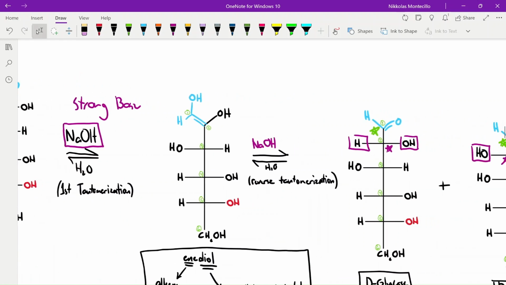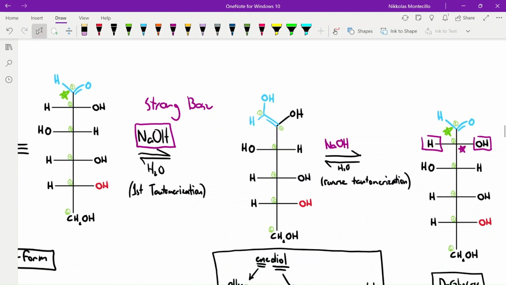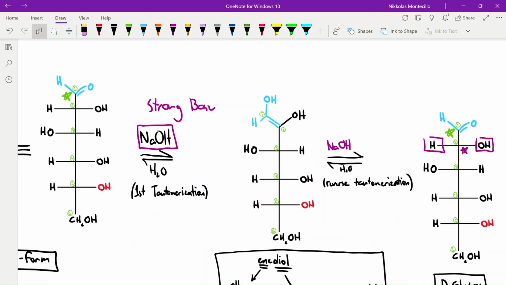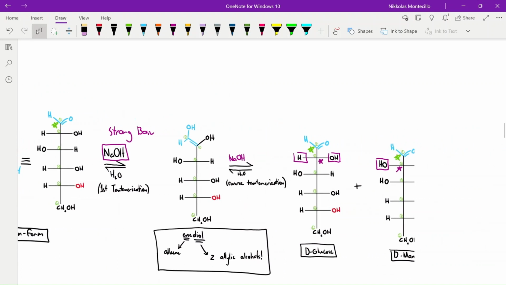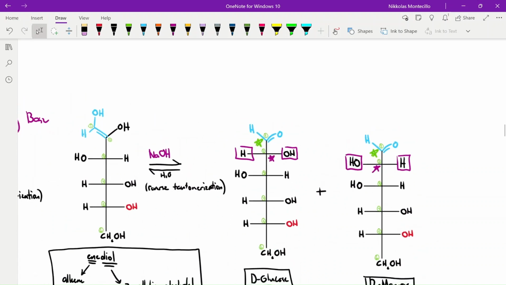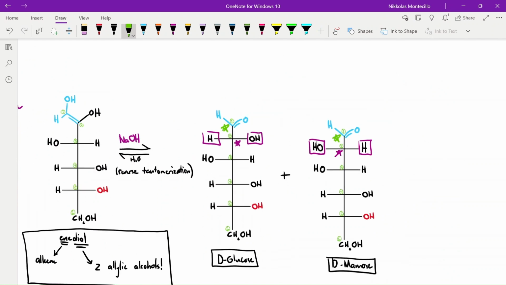Now, we could reverse tautomerize. So once in the presence of a strong base and water, we can see that the reverse reaction occurs. But now we have the formation of two stereoisomers of glucose, or two stereoisomers of the same aldose, where we see the formation of D-glucose and D-mannose. And we can see here that the configurations here are different. It's likely that the configurations for this carbon here, carbon 2,